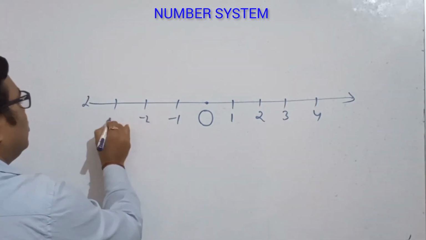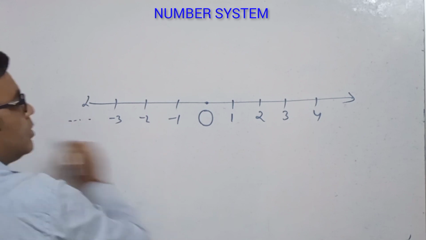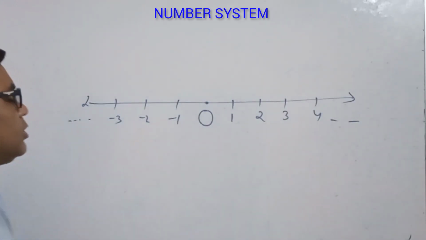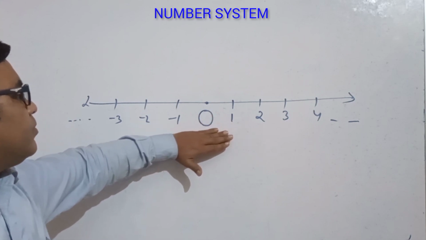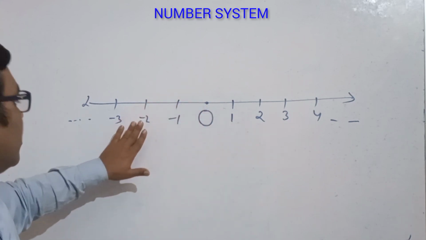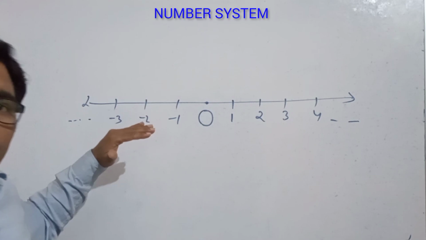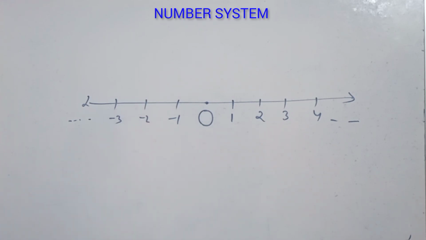Minus 1, minus 2, minus 3. So this one is integers, and we can represent all integers on this number line. But now if we have to represent rational number on number line, then how can we represent? For example, if we have to represent